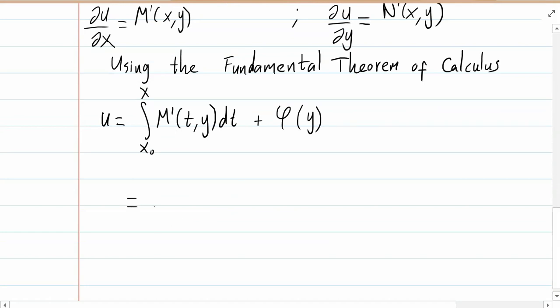Substituting the values for the function m prime